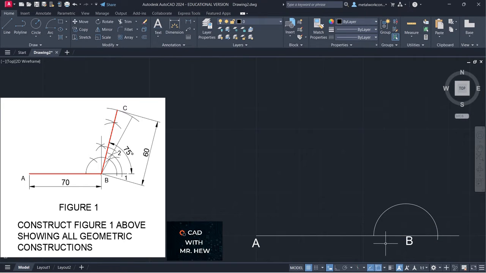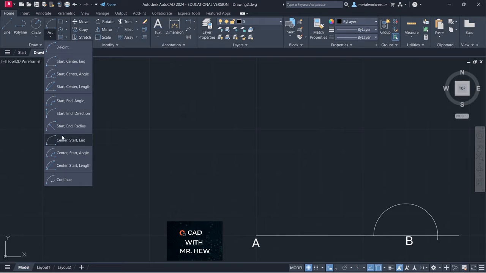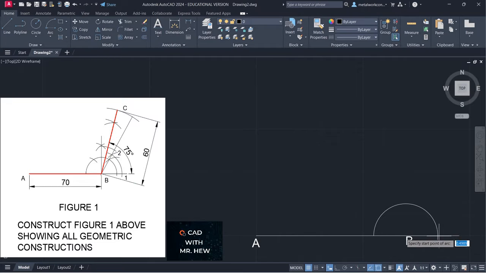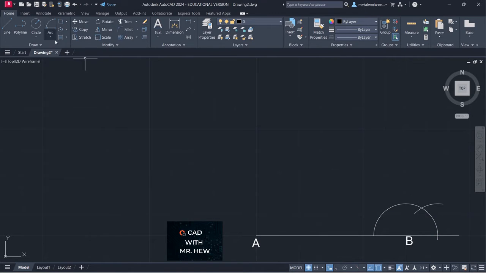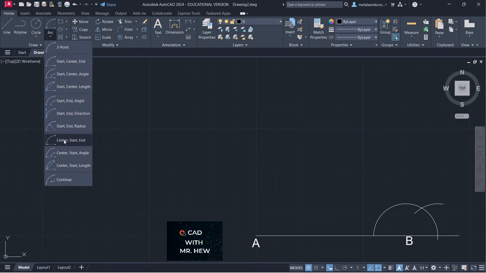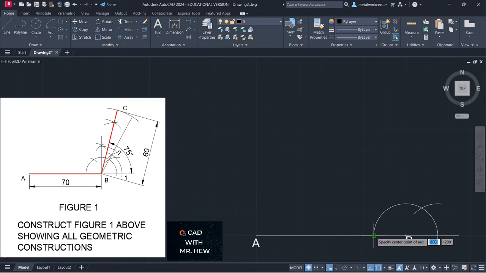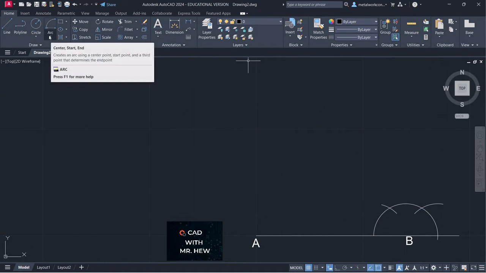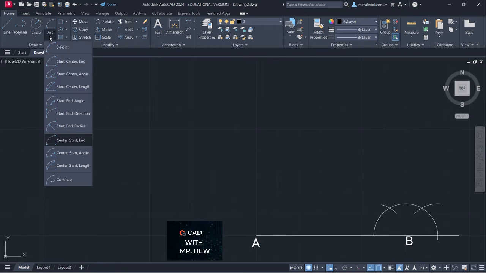Where the semicircle intersects the line AB and this construction line, I'm going to mark two more arcs. So we're going to go center. The radius will be 15 because that's what we started with. We're going to go again. Center, start, end. Intersection. Radius will be 15. Mark an arc. We're going to mark two more arcs where those two arcs intersect the semicircle that we drew